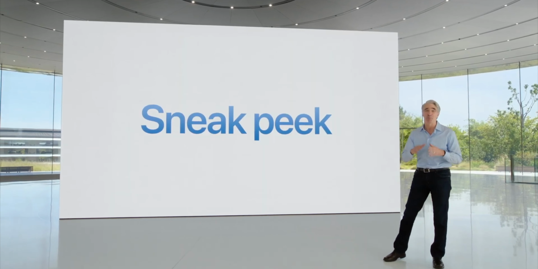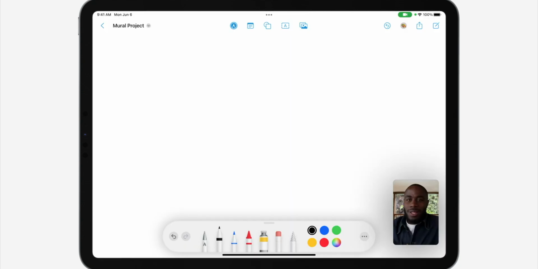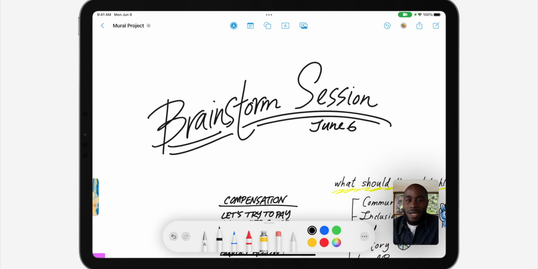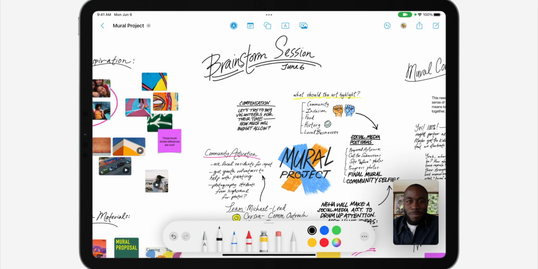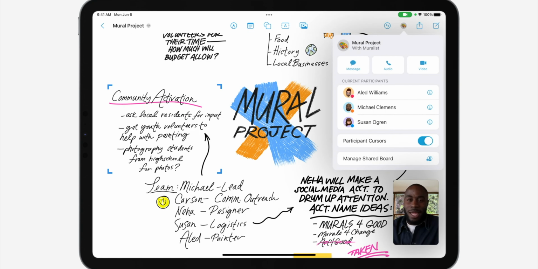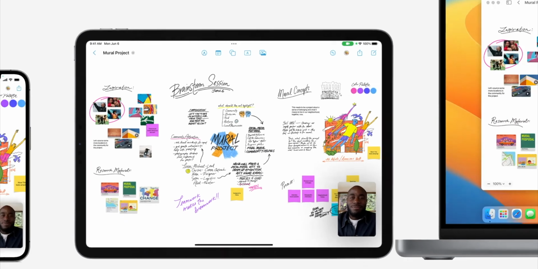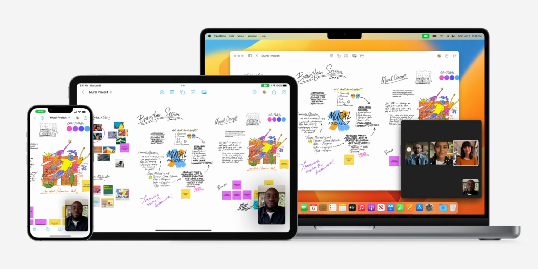Alright, Apple gave a sneak peek at a new app. Let's say you're on a FaceTime call and you want to start jotting down ideas, but you don't have a space to work on. Well now, you can with Freeform. It looks like the Notes app on steroids. You can add text, handwritten notes, images, videos, and more. When someone adds an idea, their name pops up in the area they're working on. You can even spy on others by tapping their name and it'll jump straight to them. Freeform is a limitless space where you can collaborate freely on your next project. It is also available on iOS and macOS.